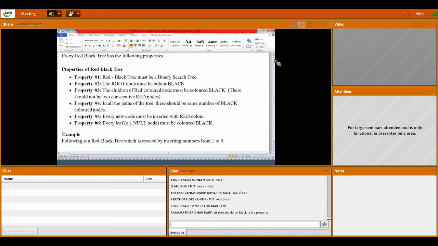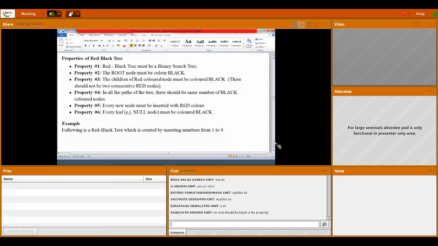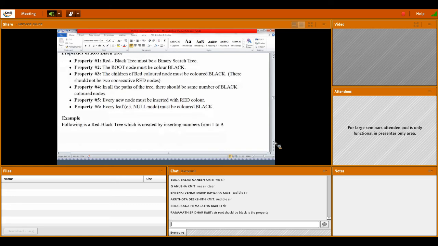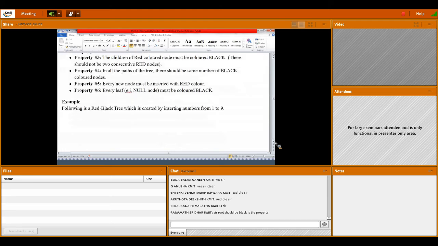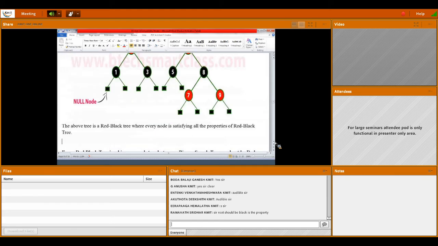And in all the paths, if you count, there should be the same number of black color nodes. So please note down the properties. And every new node must be inserted red. And every leaf node, that is null nodes, must be colored black. So these properties are very important.